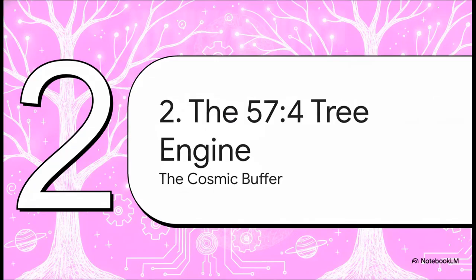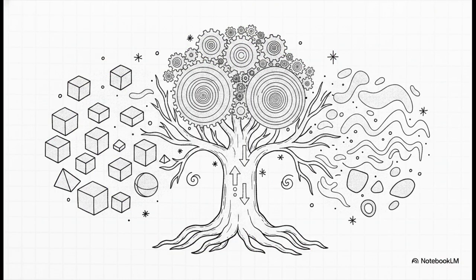Moving on to Section 2, the 57.4 tree engine. Now, the source material is super explicit about this. The tree mentioned in these texts is absolutely not botanical. You're not looking at a literal tree. It's a cosmic buffer. In fact, coordinate 57.4 gives us the absolute cleanest explanation for why the olive tree in verse 24:35 is really an engine. It tells us the tree is life because 57.4 is the oscillation operator driving the whole spiral. It's the universe's breath made visible, executing 4 continuous motions of the ruh through a closed manifold.